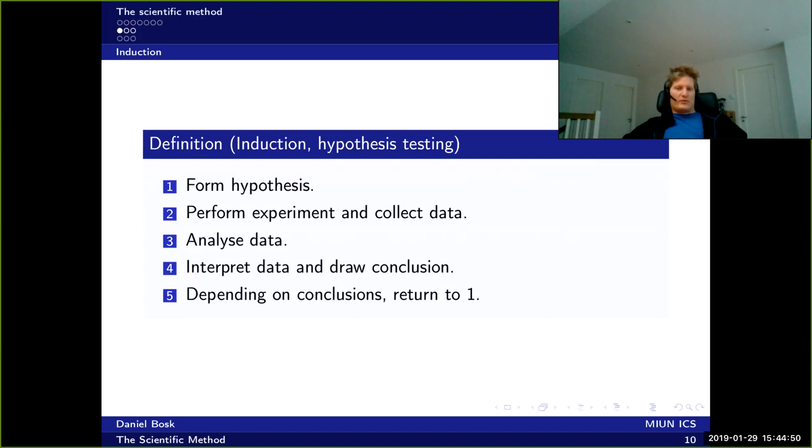And then you perform an experiment and collect data. And once you've collected the data, you analyze the data, and then you interpret this data and you draw a conclusion if this worked or not. And depending on your conclusions, you might have to return to step 1 and form a new hypothesis. So if the data doesn't support your hypothesis, you must form another hypothesis,